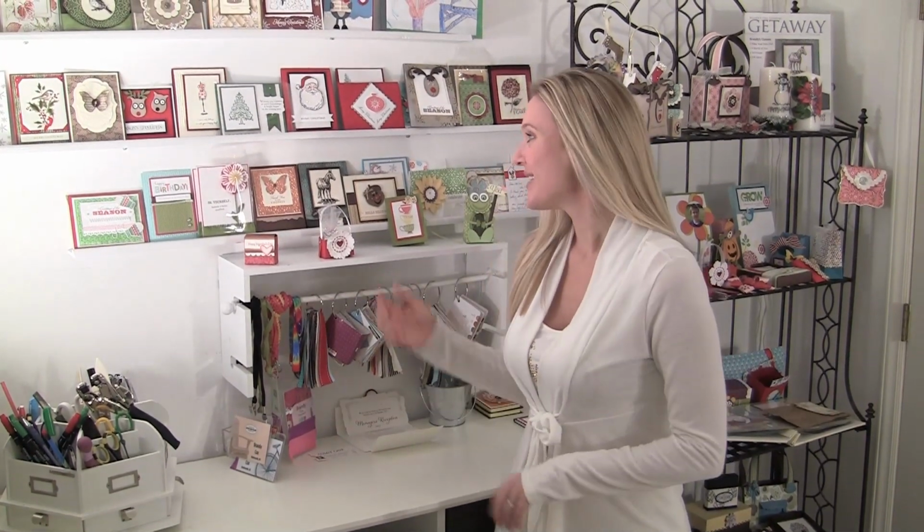Hey Stampers, I was walking through Walmart today and I couldn't believe it. There was Valentines everywhere. It's unbelievable. And yes, I still have a bunch of Christmas things here in my studio, but it's time to start thinking about Valentine's Day. So I came home and I started looking through some of the things that we've made in the past,